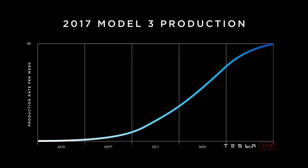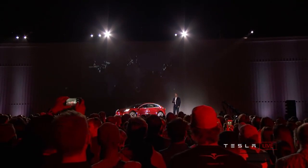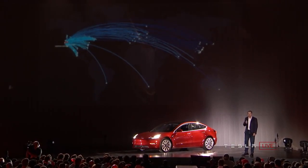There are 10,000 unique parts in a Model 3, and these are coming from all over the world. About 2/3 come from North America, and about 1/3 from the rest of the world. But as you can see with this chart, which looks like we're being shot with ICBMs,